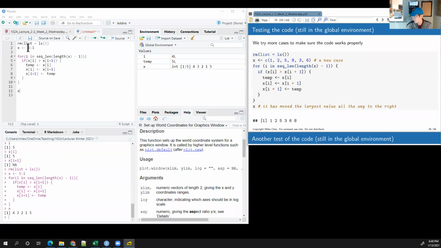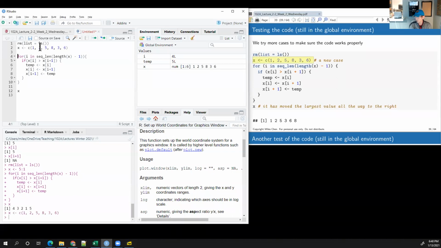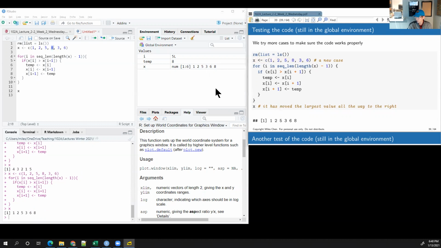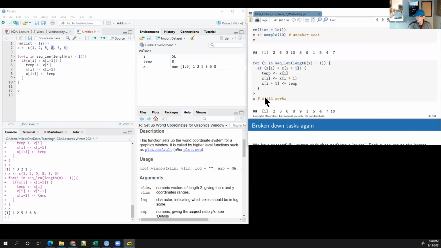So here we can just test a few more cases. All right, let's just try this case. So anytime you get your code working, just try a few more test cases, right? You're still in the global environment. Yeah, indeed, when I ran it, it pushes the largest value all the way to the end. We just want to make sure that no matter what we have here,